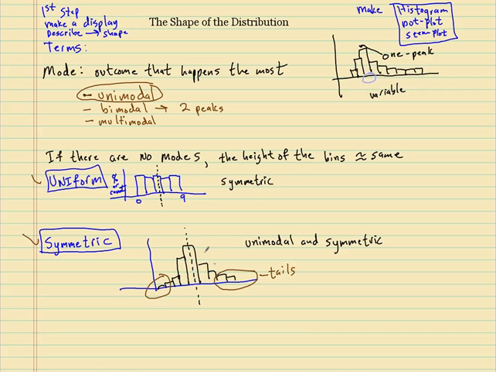Now we have two more shapes. One is skewed, and a distribution is skewed when its shape is skewed. It's a skewed distribution. Now remember, all these shapes could be true for stem and leaf plots and dot plots. It's not just histograms. So, skewed distribution. Be careful not to say